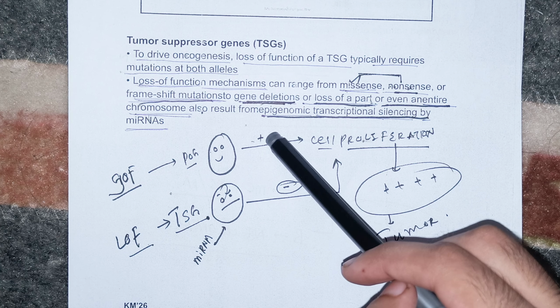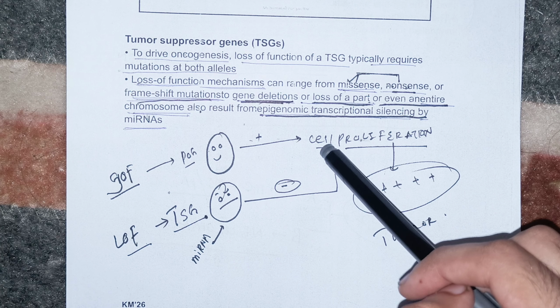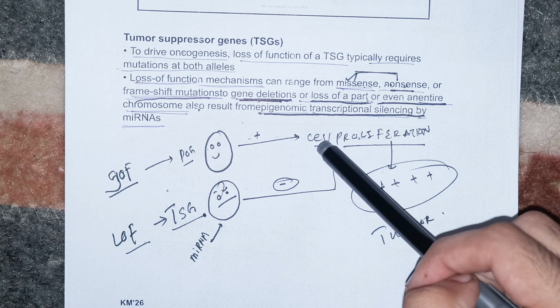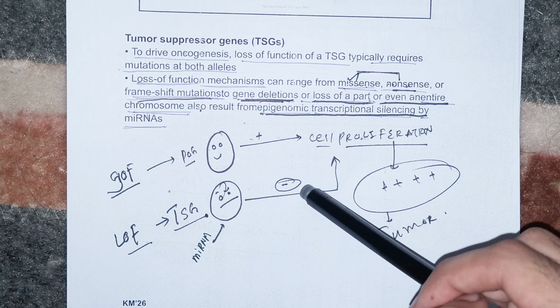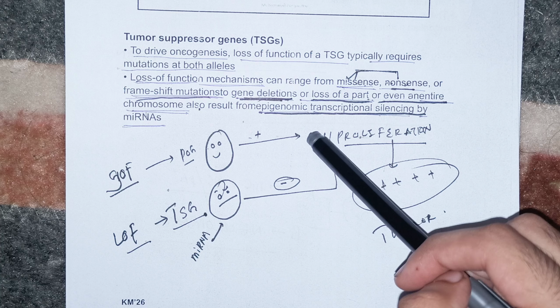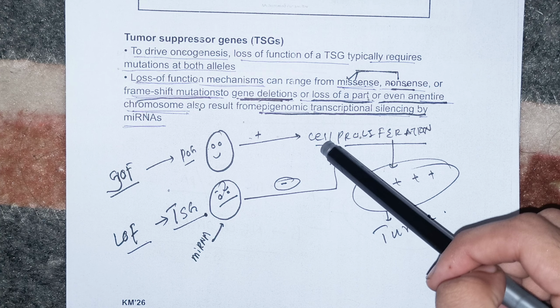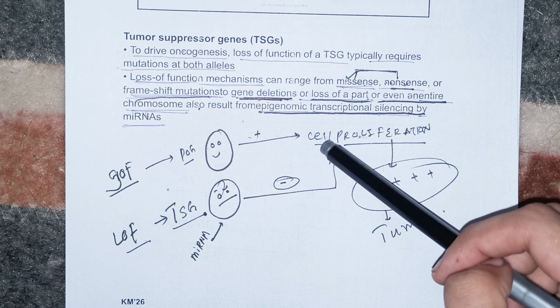Okay. It is actually triggering the cell proliferation, right? And once the cell has proliferated enough, then there is a turn of the tumor suppressor gene. The tumor suppressor gene will then stop the cell proliferation. Okay, this is what happens. The proto-oncogenes normally promote the cell proliferation, and once the cell is done with proliferation, then the tumor suppressor gene comes and stops the cellular proliferation. That's it.